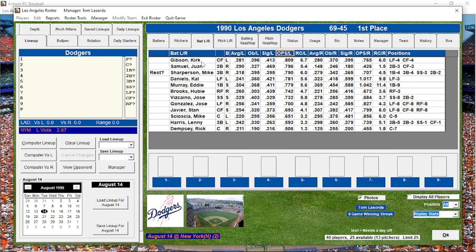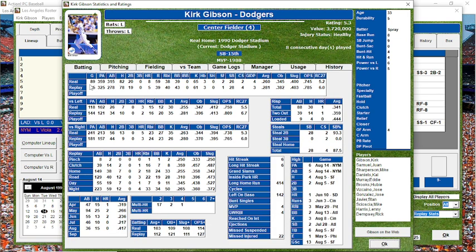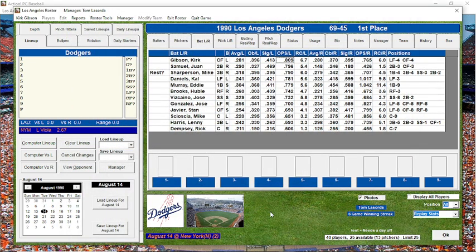Kirk Gibson will not be one of the guys that play. Why, you say? Well, here's why. In the real season, he only played 89 games, and he's already at 85. And his durability is a 5, which makes me think that the game's going to click and say, hey, he needs to get hurt again. He's about at his best. So any of these other guys could get hurt, but they're not as important.